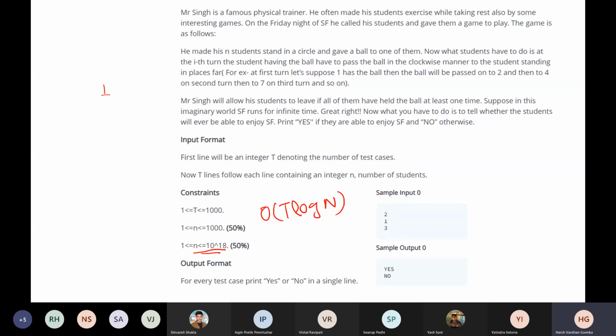Basically, just by seeing the number, you have to say whether it will be true or not, that is, whether all the numbers will be visited or not. We can't do anything else. Does anyone have any idea how we will do that, or any observations? I don't need the proof. If anyone has observations, you can discuss.